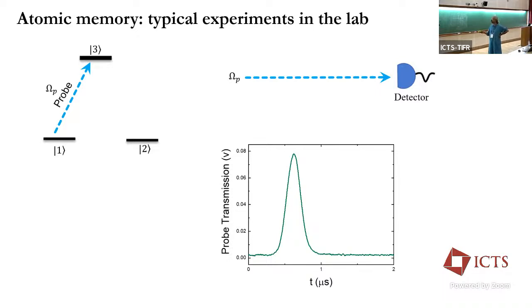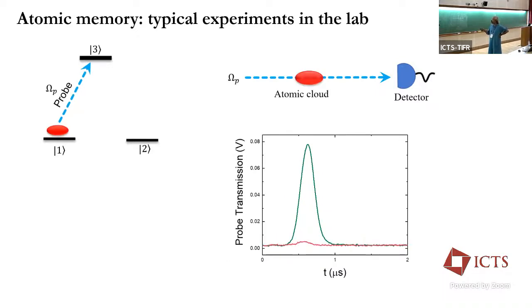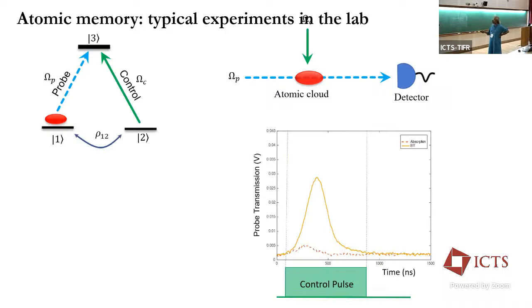You see a pulse. Absolutely trivial, but now you trap these atoms, and the moment you trap, this pulse completely gets absorbed, right? And then you play this game, you turn on the second beam, and you see this completely absorbed pulse. Now you have turned on a control pulse, and you see that this comes up, and basically the system is getting transparent. But this transparency is very special because it's becoming transparent because there is an off-diagonal term of the density matrix, or a coherence, being created, and that's a ground state coherence. So you have actually created a qubit.